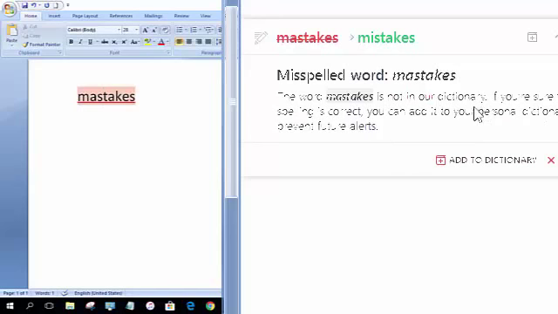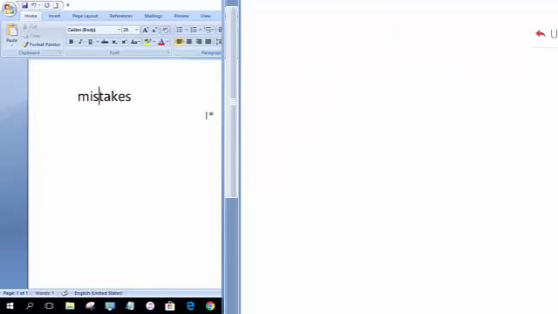You can add it to your dictionary, your personal dictionary, to prevent future alerts, or you can just ignore it. We're gonna change it. We're gonna write it the right way. Mistakes.